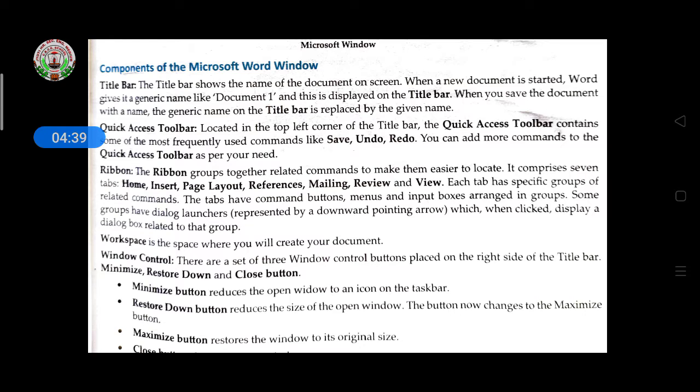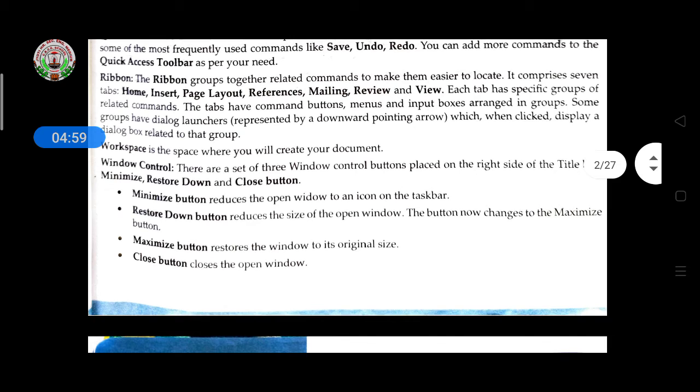So we need the save button quickly and frequently. Then undo and redo also, that's why these are in the quick access toolbar. And if you want to add more commands, you can add them.